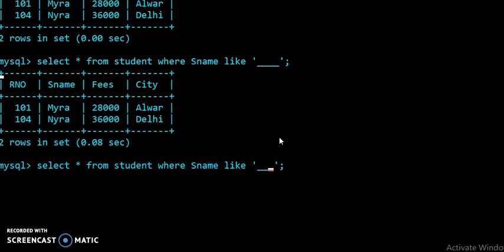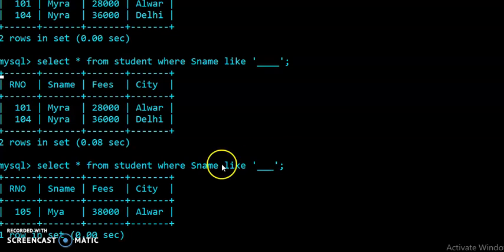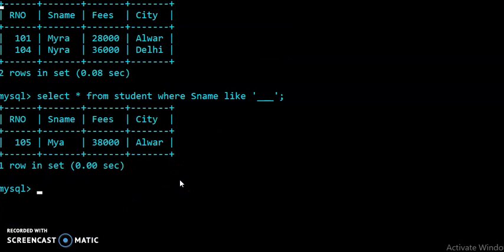whose name can contain only 3 underscore symbols. Okay, so I am putting here 1 2 3 underscores. Okay, so 1 I have deleted, so enter. Only one name is here, Maya, whose name contains 3 characters, so only this record is showing as an